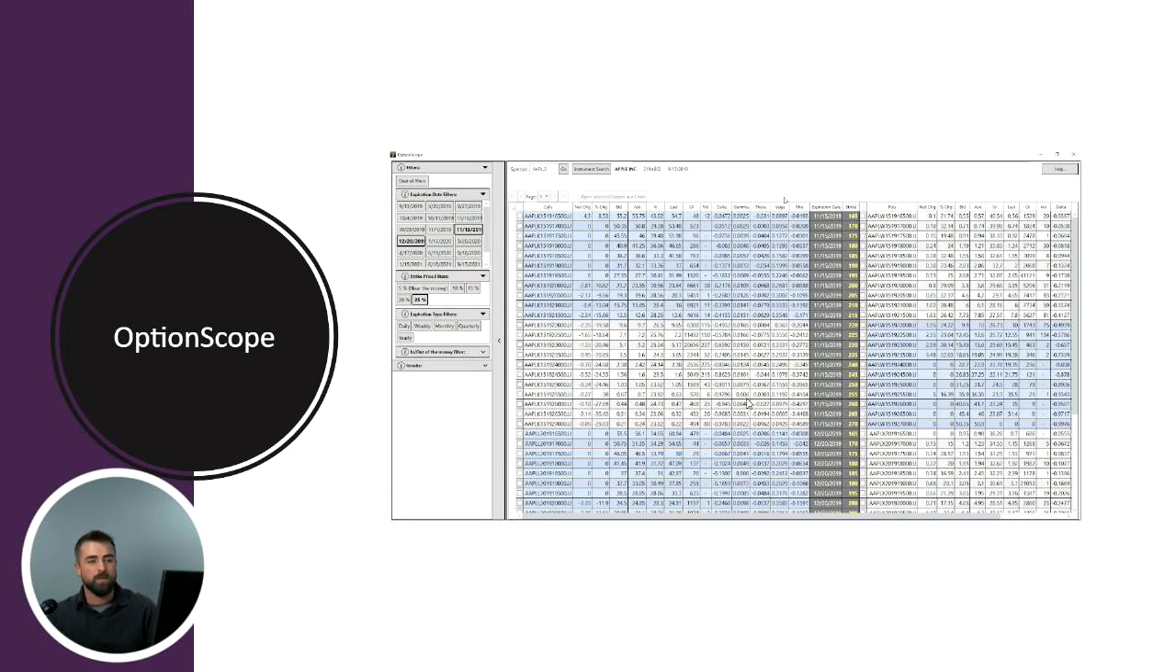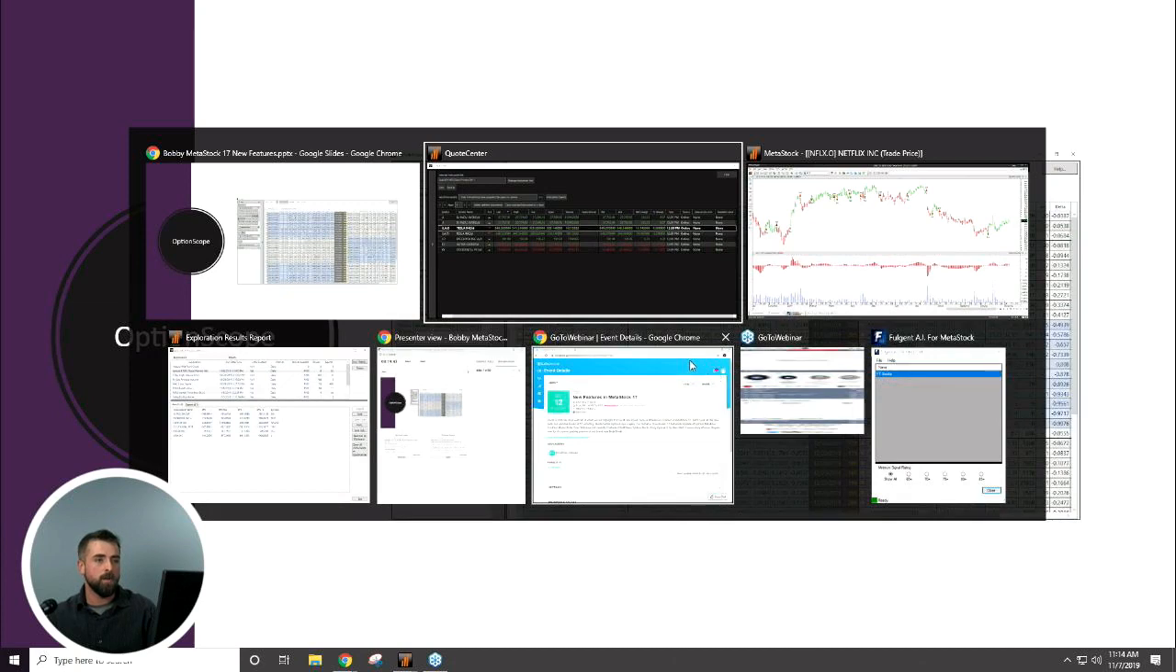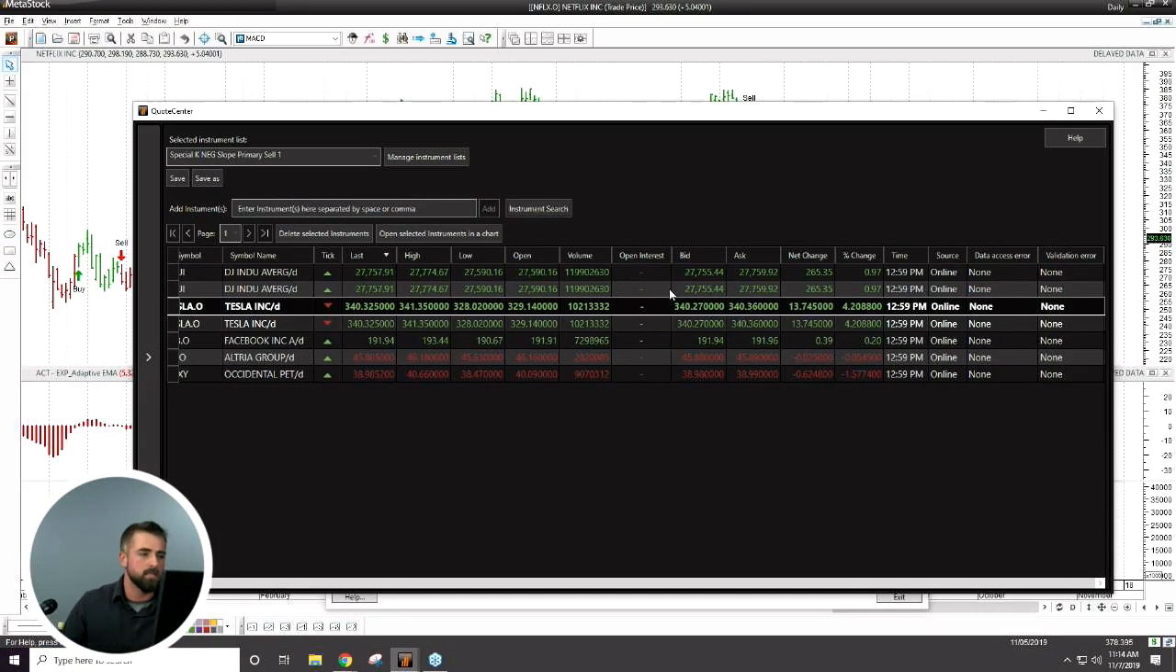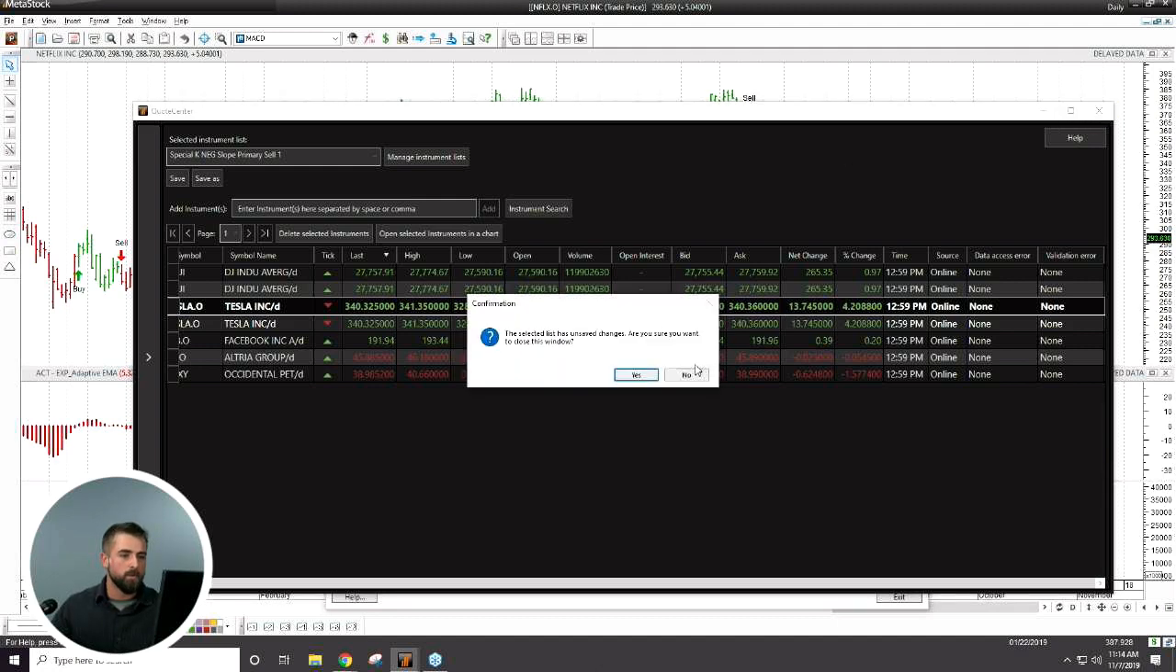And the next thing we're going to be highlighting is OptionScope. This is the other power tool that we have available inside of MetaStock now, and this is huge. People have been asking for this forever. I personally like to trade options as well, so this was a big deal for me to have added into the platform. So let's jump back inside of MetaStock here and go back into our Power Console